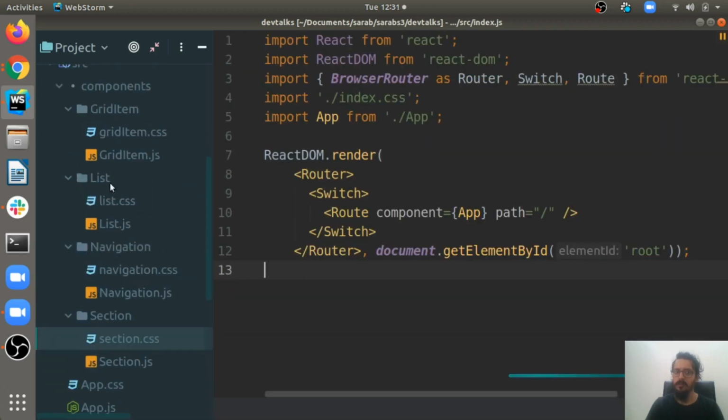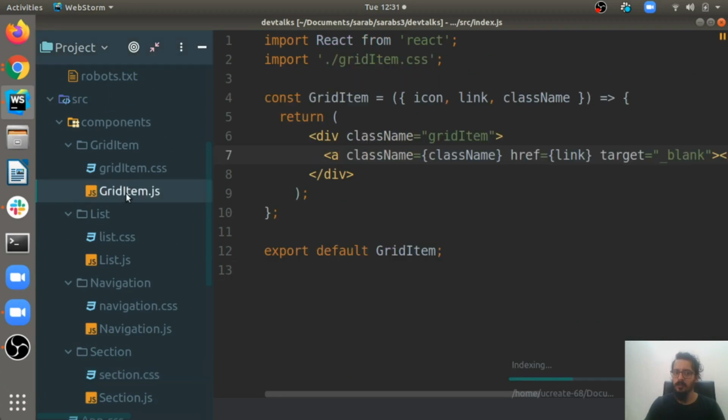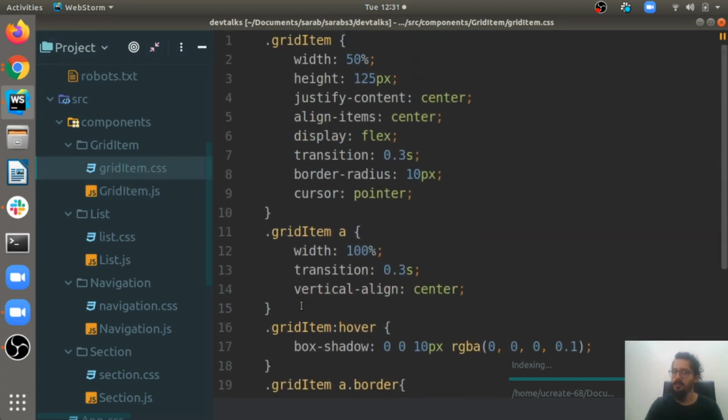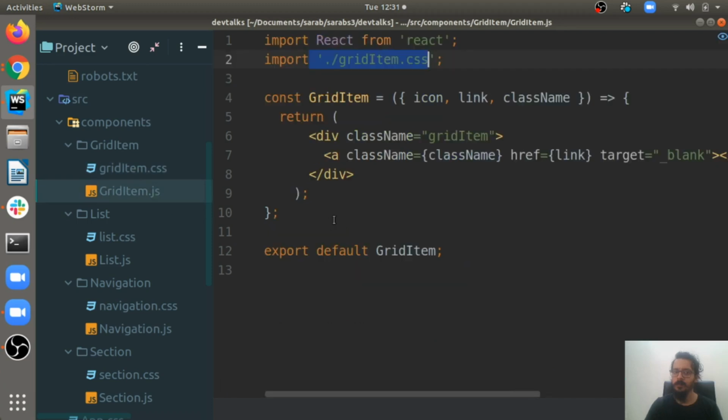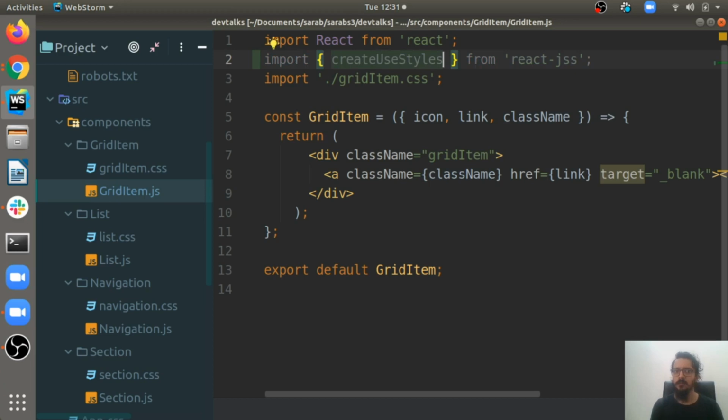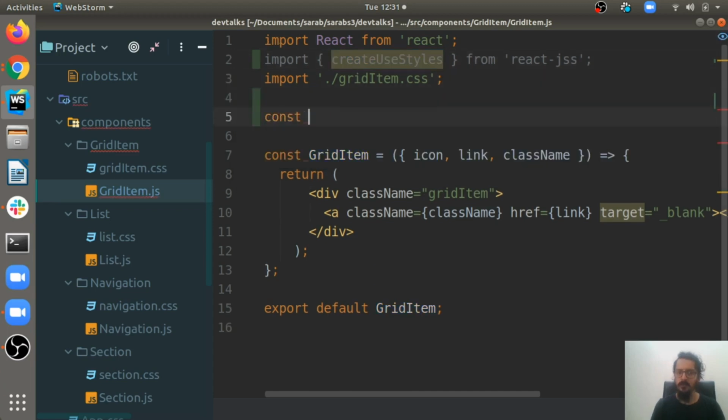Okay, it's done. Let me open GridItem first. As you can see in GridItem, I had a class named gridItem, which is imported from this CSS file, and this is that CSS file over here. I need to import createUseStyles from React-JSS, and this is a hook to create styles. const useStyles, and I will call this hook to create my styles.